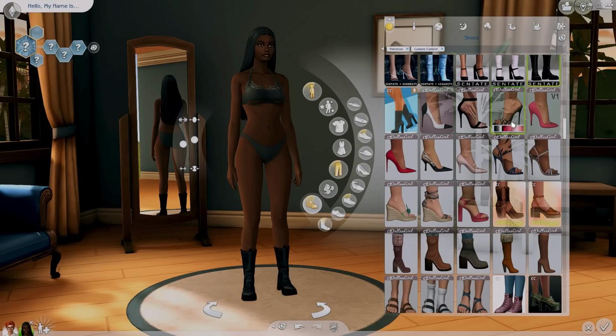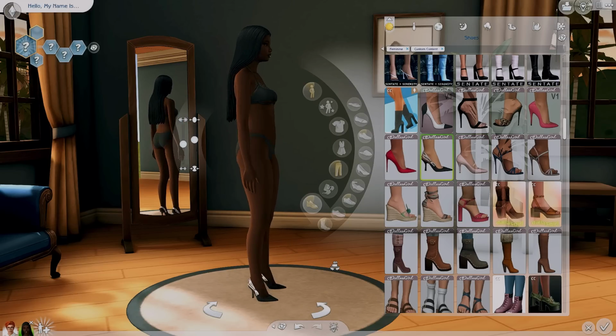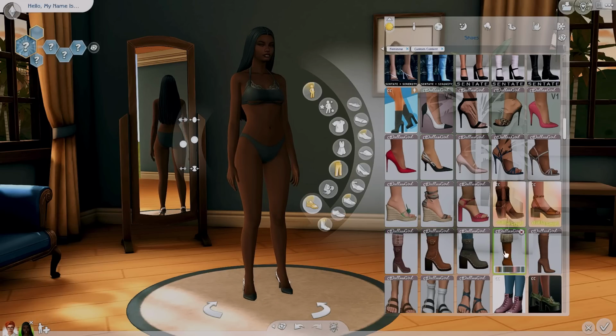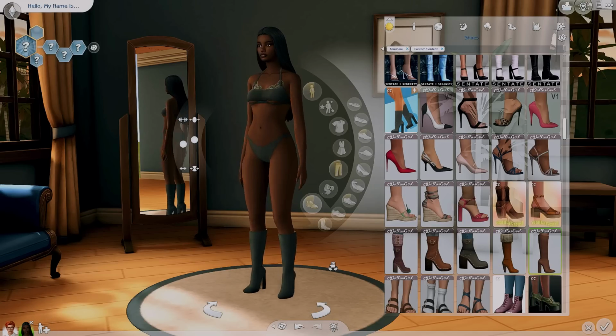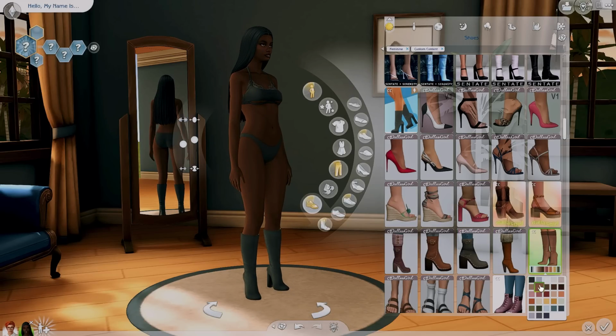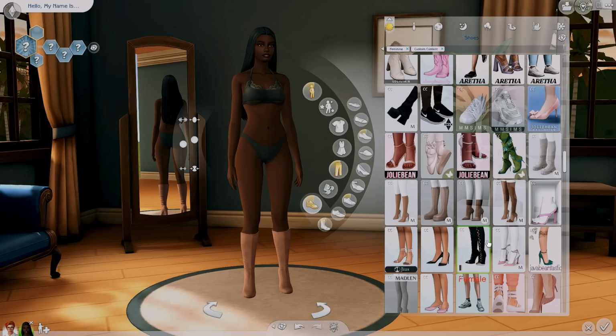Next creator is Dallas Girl. I have so many heels by this creator. My absolute favorite, which are the Dior heels. They also have a few boots that I like, these and these. Show a different swatch. The next creator is Madeline, and they actually don't have too many shoes, but when I